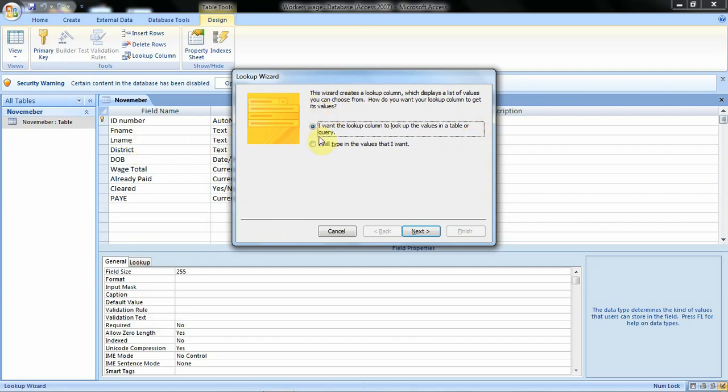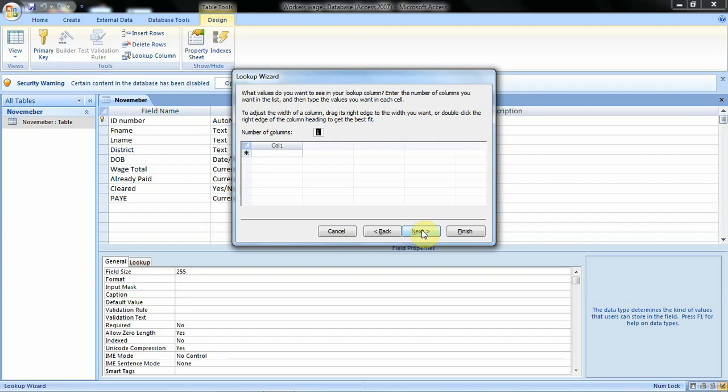But since we do not have any table or query created as of now, we want to type the values that we will use whenever we are entering data in this field. So we shall select this option, I will type in the values that I want. After selecting, we click on next.